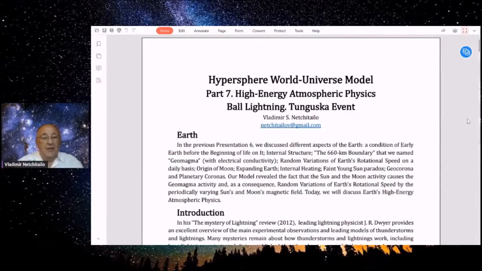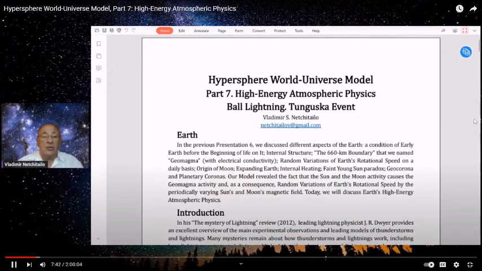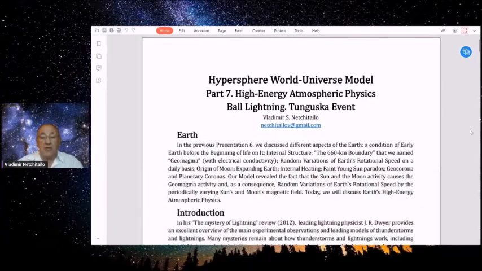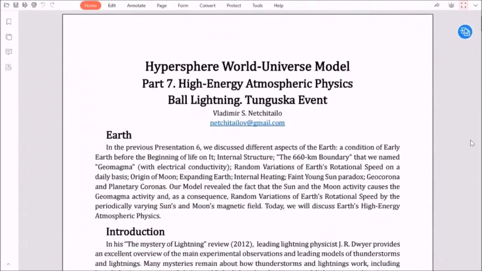Earth. In the previous presentation 6, we discussed different aspects of the Earth: the condition of early Earth before the beginning of life on it, internal structure, the 660 kilometers boundary that we named geomagma with electrical conductivity, random variations of Earth's rotational speed on daily basis, origin of moon, expanding Earth, internal heating, faint young sun paradox, geocorona, and